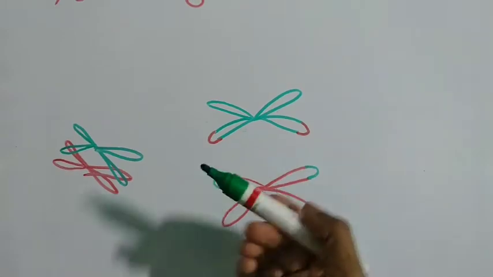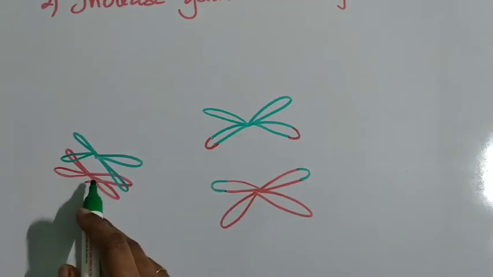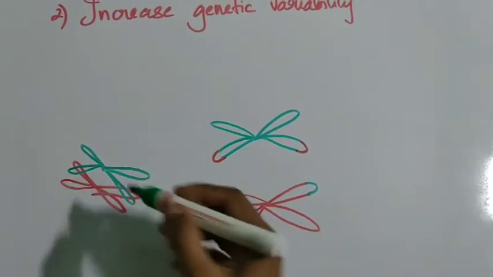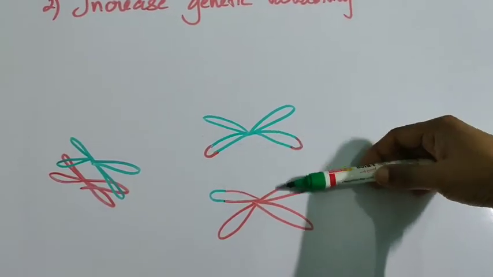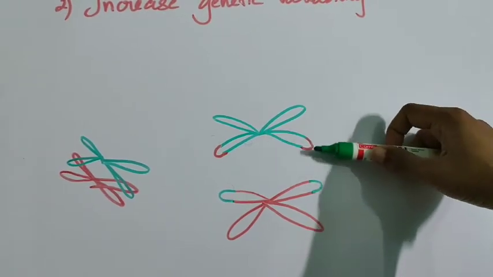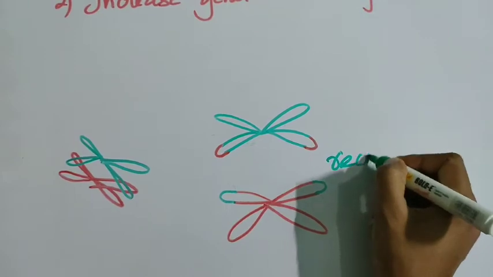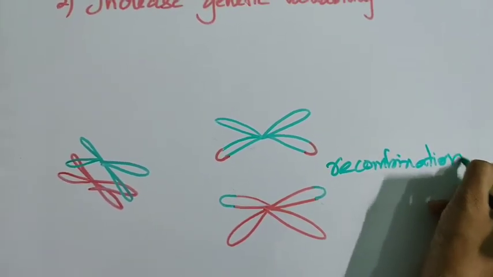Okay, see children, a small mistake has happened on my part. I had shown you chiasmata formation, right? And at metaphase they are separating also in meiosis 1. When they separate, this is how they separate out. Each of the chromosome leave a part of it in the other chromosome of the homologous pair. They are separating, they are exchanging their genetic material. This is what is called as recombination. Exchange of genetic material is called as recombination.